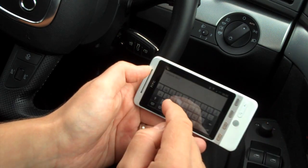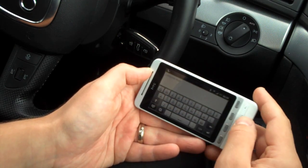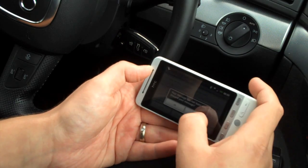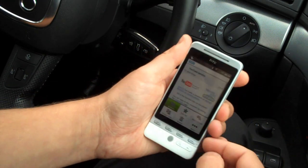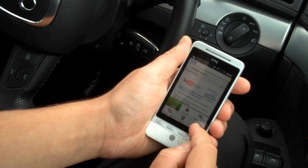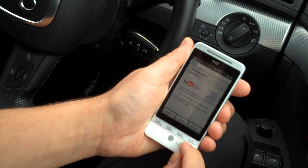Whilst I'm doing that, I've got my little tweet here, showing up a new tweet, so I can chat that. Let's just go back, disregard your message, and go into menu. We can have a look at some of the options available within the email client here. We can mark it as unread, delete it, change the labels, report as spam,